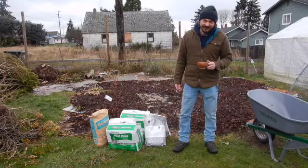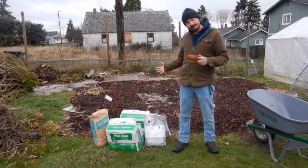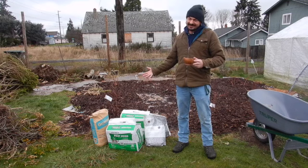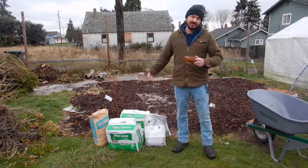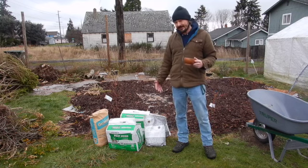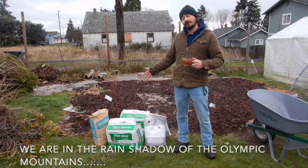Hey everybody, this is Ellery with Two Birds, One Stone, Backyard Gardening and Living. Today, we're going to make a simple water-retaining soil. Now, why would you want to make something like this? Well, it's something you can condition into your plants, into your blueberry bushes, when you're planting stuff, and it helps retain water. So if you live in a drier climate, it helps so you don't have to water your plants